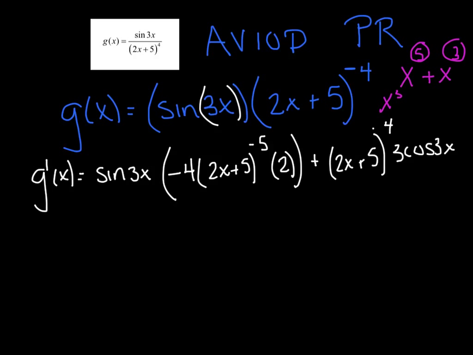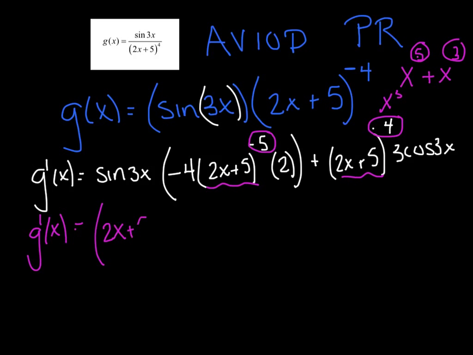So I'm picking out the smaller. This 2x plus 5 they have in common, but which is smaller, to the negative 5th or to the negative 4th? Well, negative 5 is smaller. So as I pull that out, I need to take out the 2x plus 5 to the negative 5th, and then carefully rewrite what's left. So if I take that out completely, I'm left with negative 8 times the sine of 3x